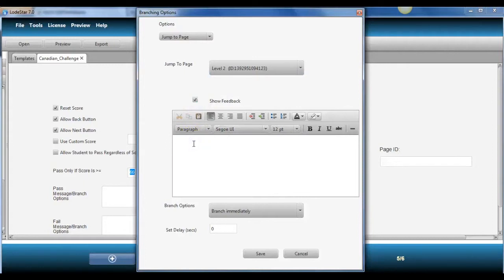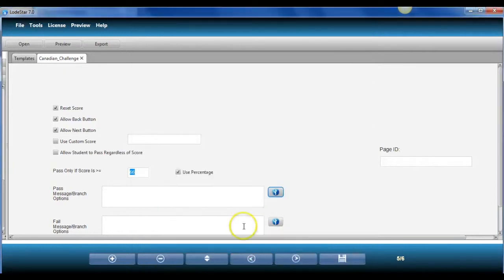And we'll say something like, congratulations, you are now moving on to level 2. Something simple like that. And we'll go ahead and we'll branch immediately, but after 2 seconds we'll display the feedback and then immediately go to level 2. And then if we fail to meet this threshold or exceed it,